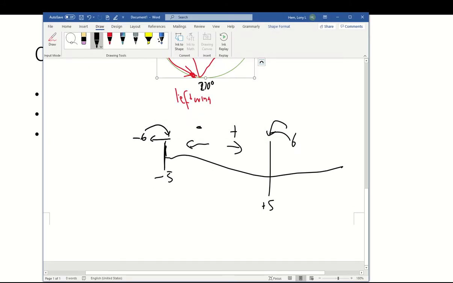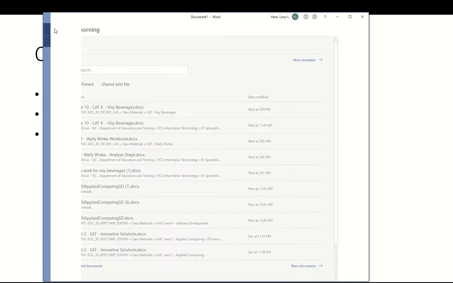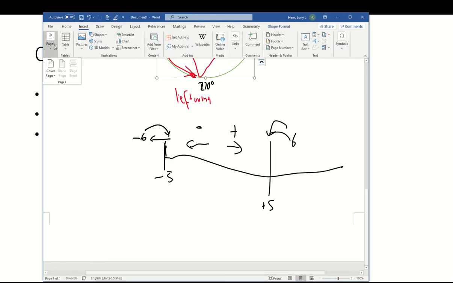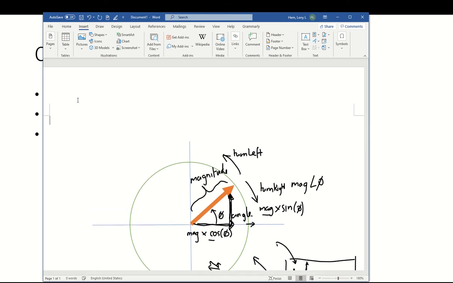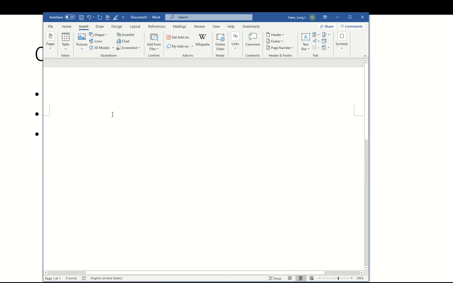So what I'll do is I'll open a Word document, go into new page, no, I don't want a cover page. Can I insert? That's okay, just put that down. All right,